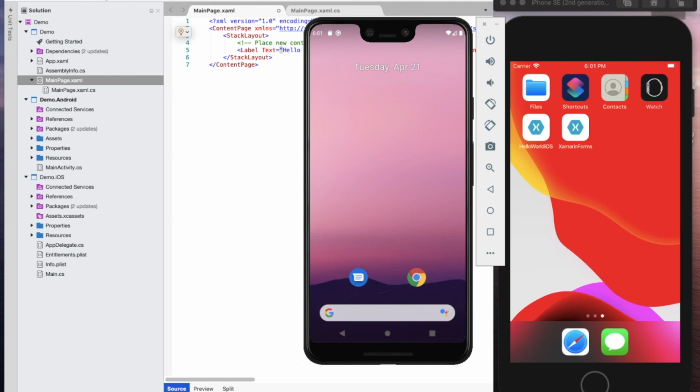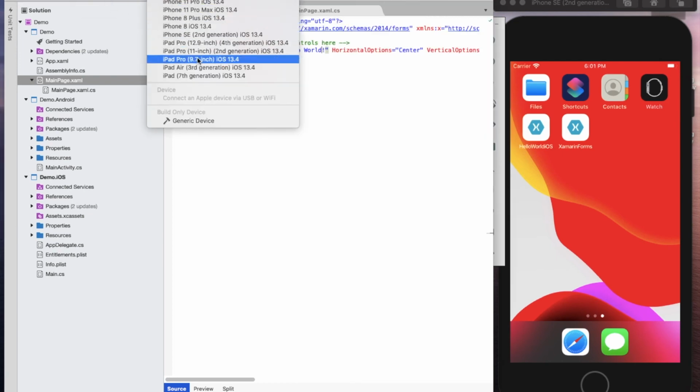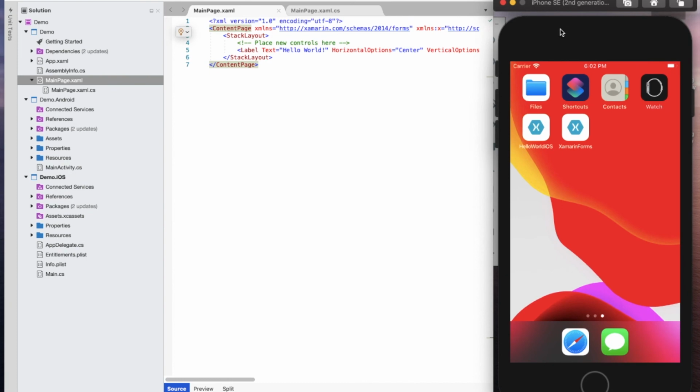In the same way, if you see for demo.iOS, you can have a list of phones. So I am going to select this iPhone SE second generation, which was released recently. When you press this button, it will create the execution file and it will be executed in this phone. I have already started the simulator.